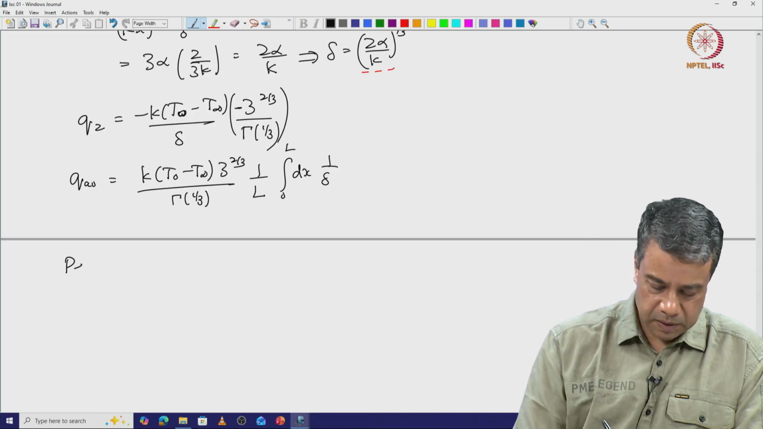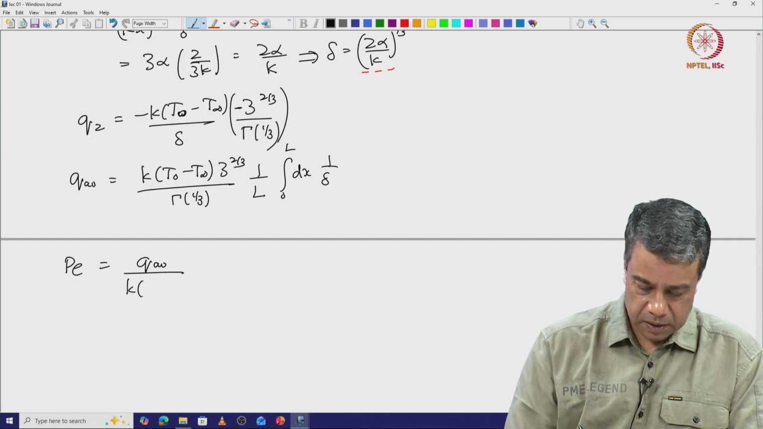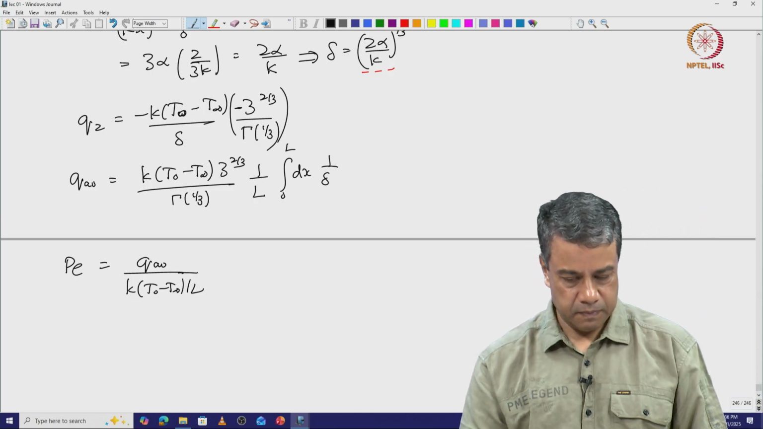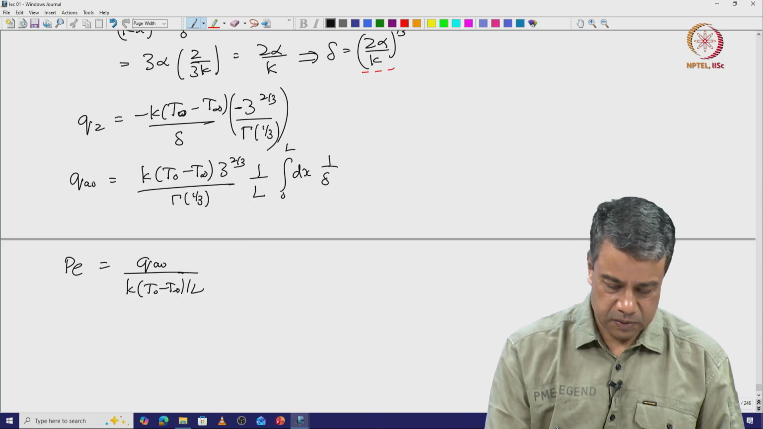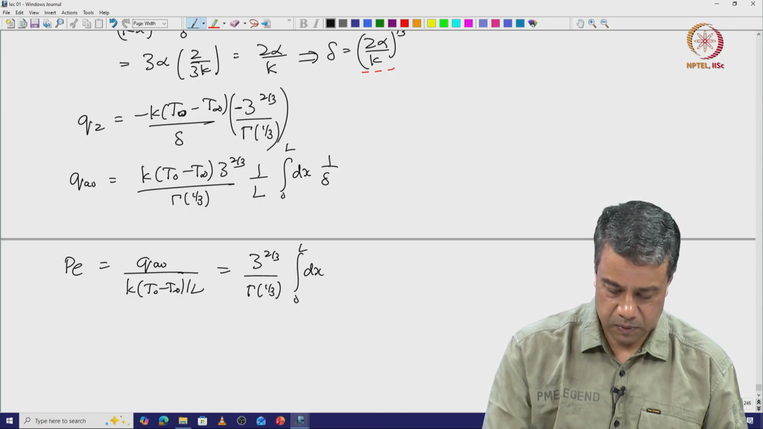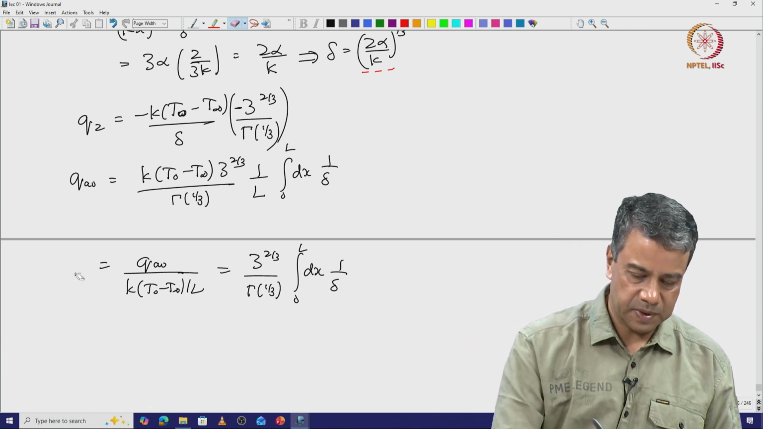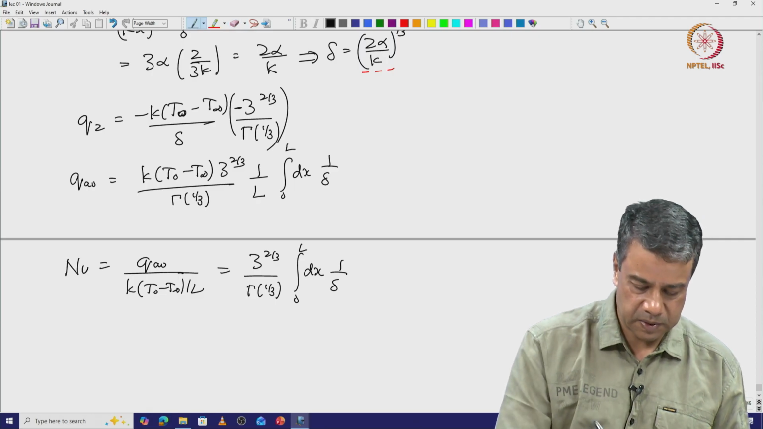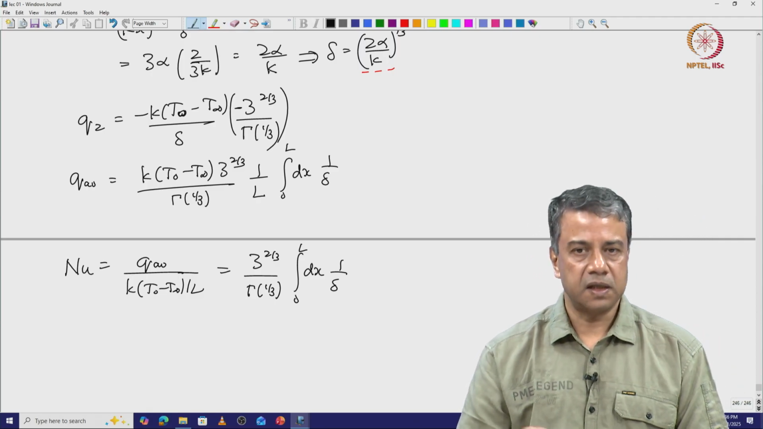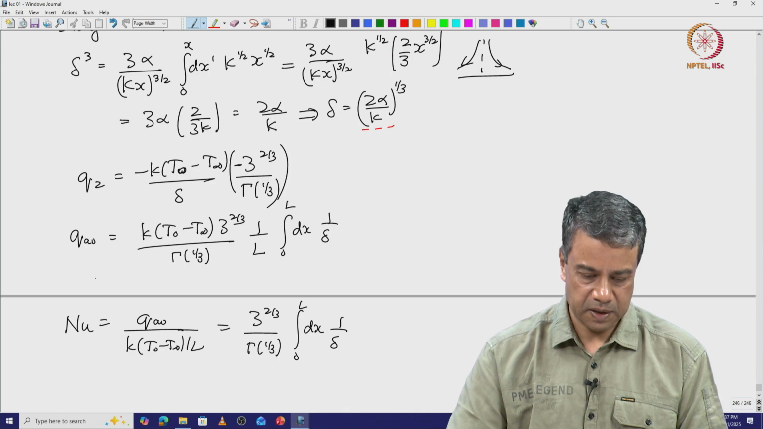And the Peclet number is equal to Q average divided by k into T naught minus T infinity by L. This will be equal to 3 power 2 by 3 by gamma of 1/3 integral 0 to L dx 1 by delta. Sorry, this is the Nusselt number, not the Peclet number. The Nusselt number or the Sherwood number. And delta we know as a function of Vs prime. So, you can write this as